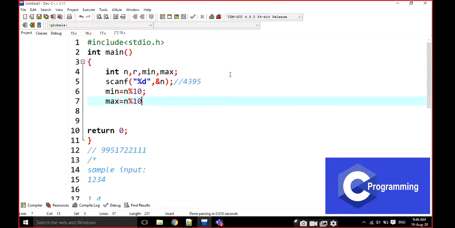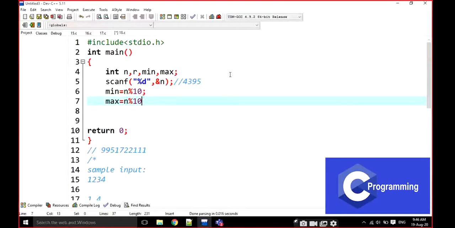What is the last digit? For example, here it is going to be 5. Same value I am going to modify. I am going to take minimum is equal to 5 and maximum is equal to 5. How am I taking the last digit? What is the last digit of the number? I am going to take it as a minimum value and maximum value. Initially I am going to take it like this.